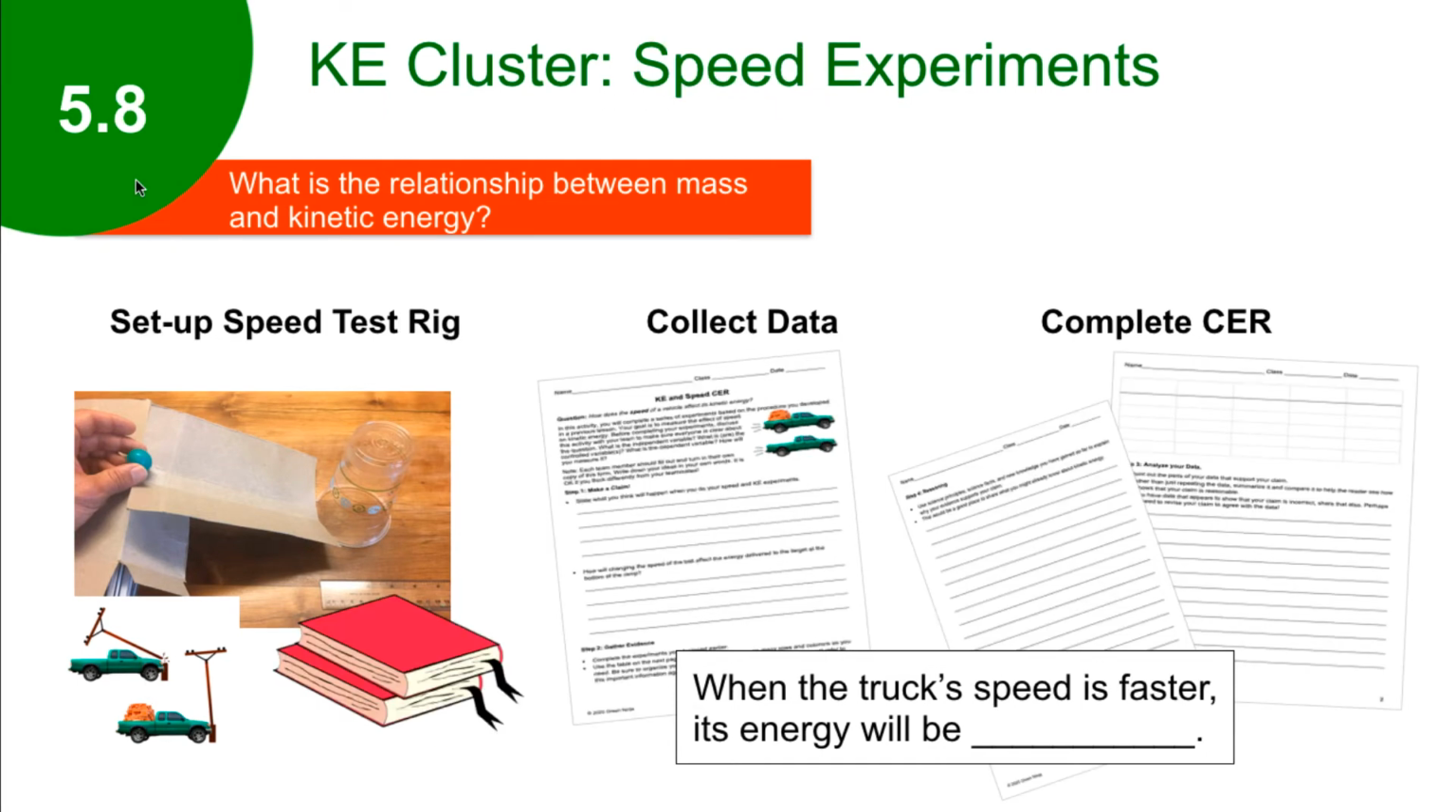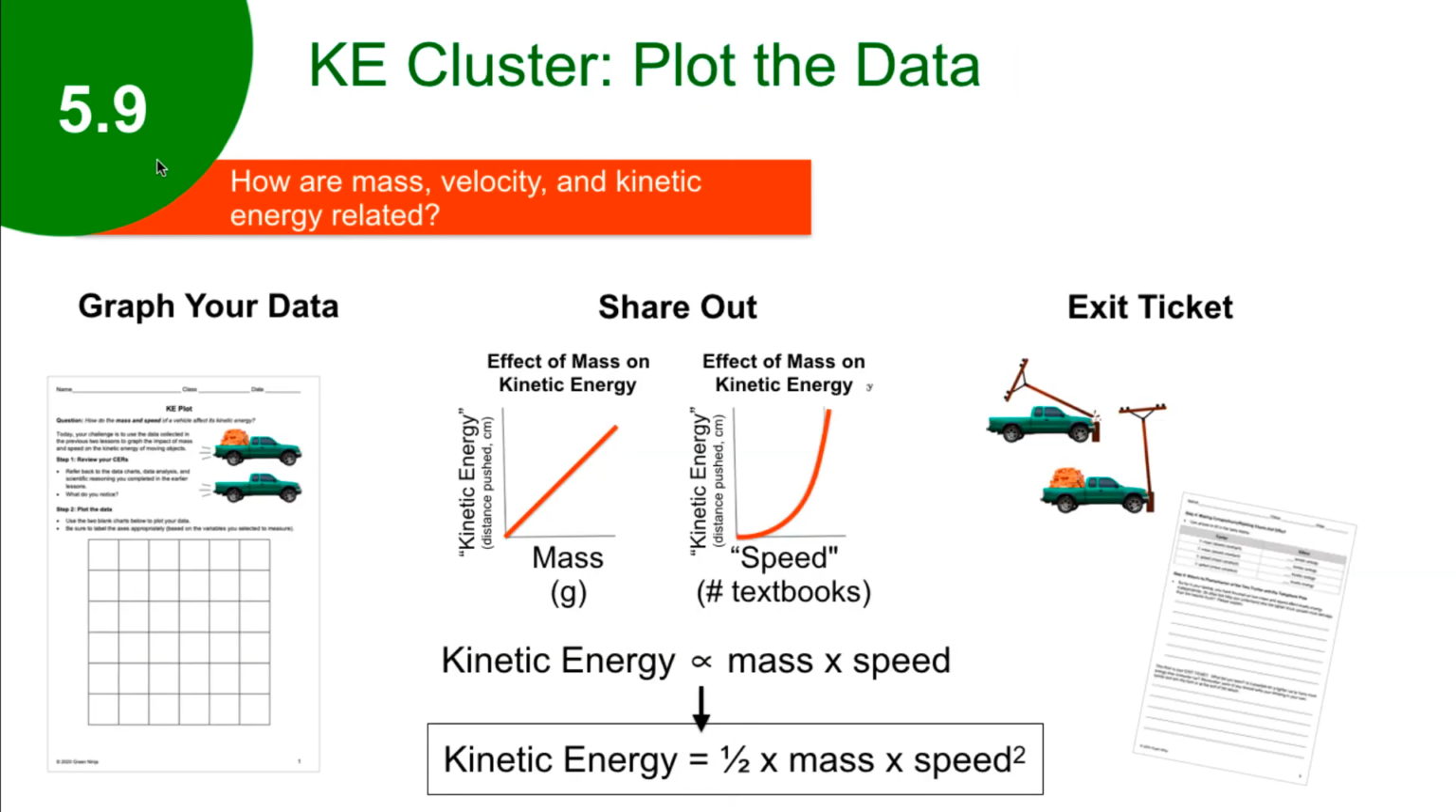That motivates us to investigate the effect of speed on kinetic energy in Lesson 8. Now this investigation mirrors our mass investigation, but we keep the same marble and vary the ramp height. It's great to give students practice at repeating a similar investigation, but some of our teachers assign half the groups to investigate speed and half to do mass in order to save time. In the speed investigation, we end up with a claim like, "When the truck's speed is faster, its energy will be greater." In Lesson 5.9, students graph the data that they had from their investigation with both the mass and